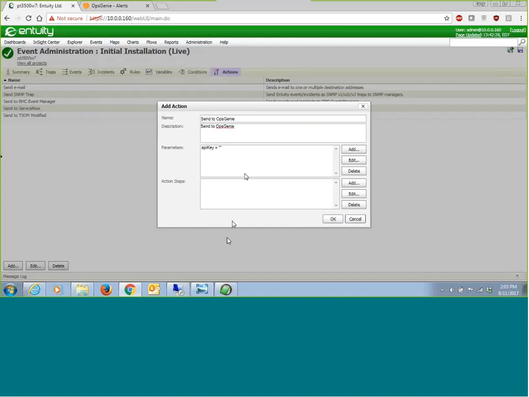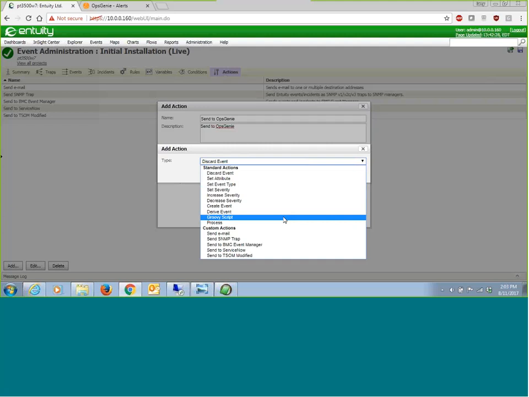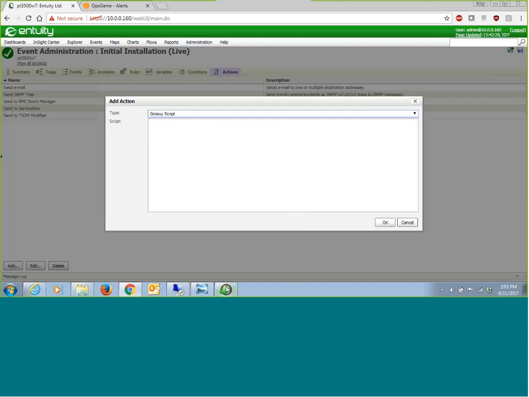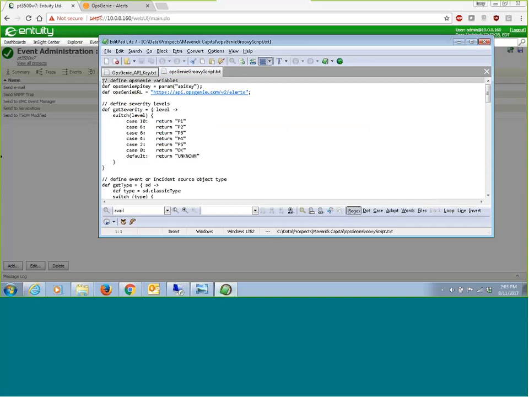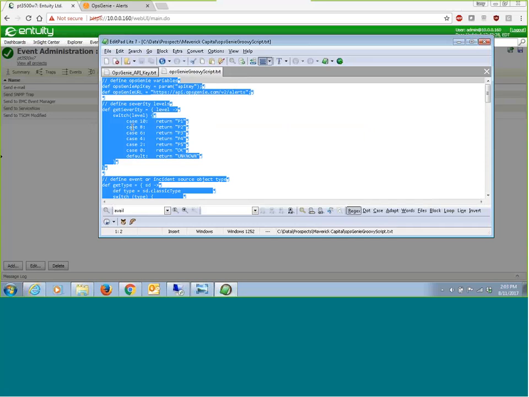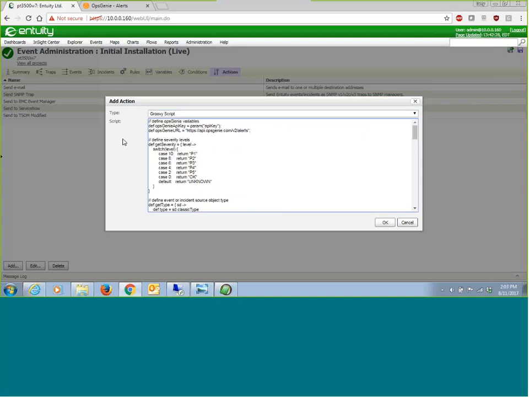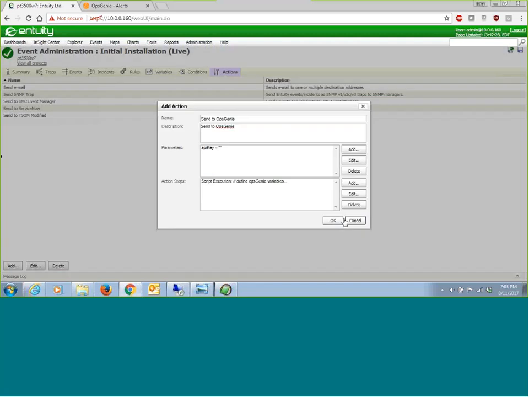And once that's done, then my action step, I'm going to add an action step, and the action type is going to be Groovy script. And I'm going to take my Groovy script right here, and basically I'm going to select all of that, and I'm going to copy it, and I'll come back to the window here, and I'm going to paste all of that directly in here. I'm going to click OK, and I'm going to click OK again to